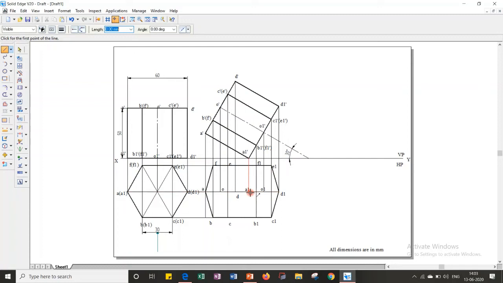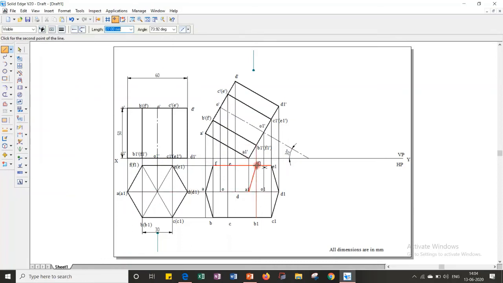We'll start with point A1. In the second step, the observer is here. When you observe from the top side, point A1 is below the axis line, or it is away from the observer. If the point is away from the observer, that point will be a hidden point. So you have to connect it using dotted lines. 3 lines from A1. To identify which are the 3 lines, you can refer to this diagram. F1 to A1, B1 to A1, A to A1. And all 3 lines will be dotted because the point A1 is located away from the observer.